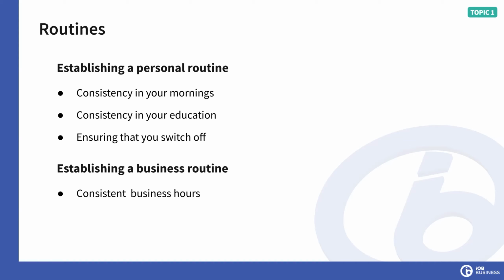Okay, so consistent business hours are going to help with that mental separation of, right, it's 8 a.m. I should be in the office by now already, so I'm going to work. Okay, now that can be until 3 p.m., 4 p.m., 5 p.m., whatever that looks like for you. Okay, but just make sure that it works. Now, lots of us have other commitments, so some of us might prefer to do something like a split day. If we have something like a school run at the end of the working day, we go and do that. We come back to work for a couple of hours after, maybe until dinner time. Okay, but whatever that looks like, make sure that it is consistent. The reason behind that is so that you can separate nice and clearly where your work life is and where your personal life is. You can love them both equally, but everything is about measure.